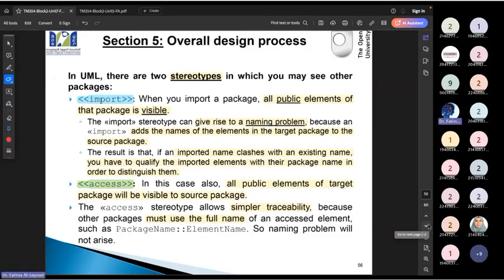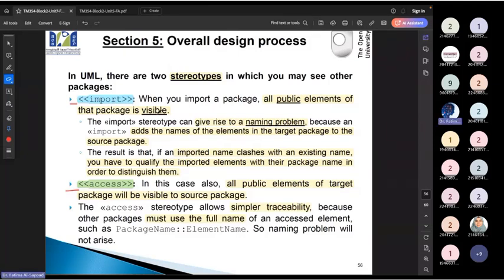What's the stereotype? We have two stereotypes in the package diagram, which are import and access. Import and access. What's import and what's access? Import means bring everything, all public elements in the one package are visible to another.